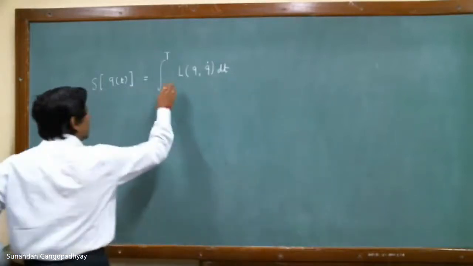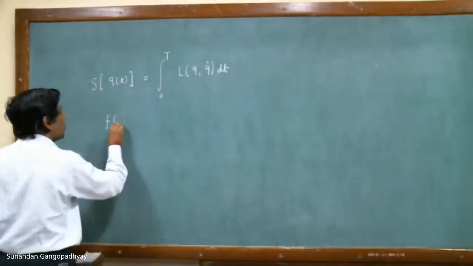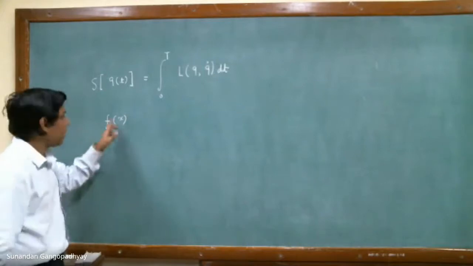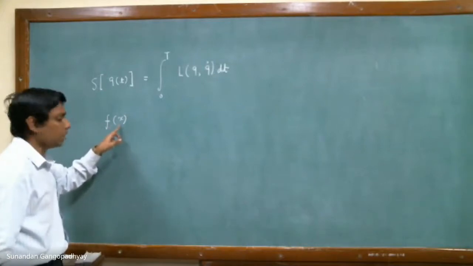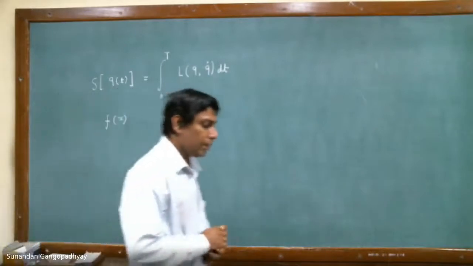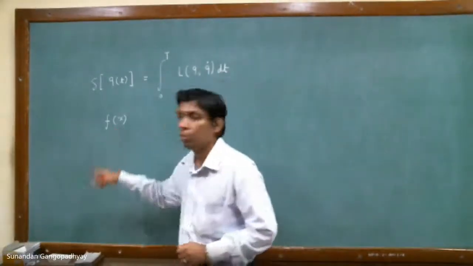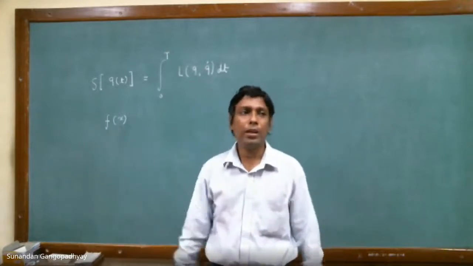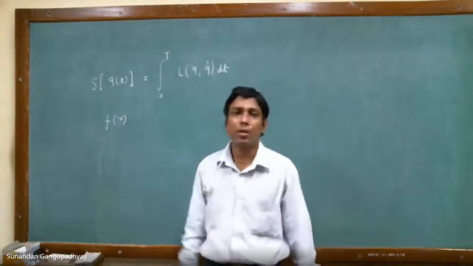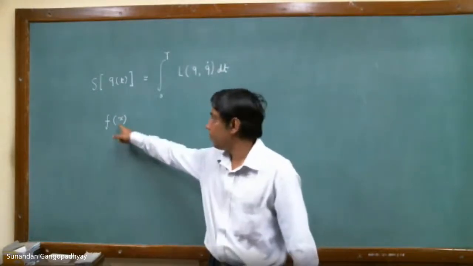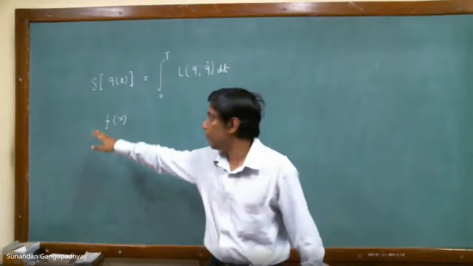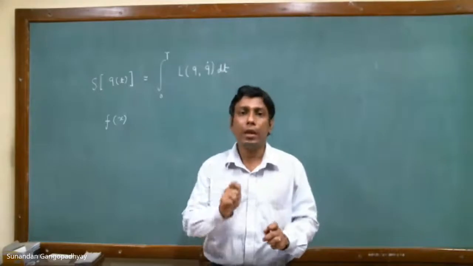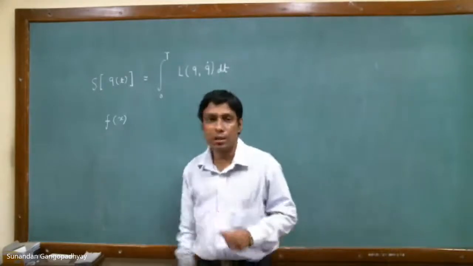So let us understand what really a functional is. Before doing that, let us understand what a function is. A function is, say, f of x. The function is f, and the argument that you have here is x. So a function is basically a map from a real number to some real number, where x belongs to the real numbers. It can also be a complex number, but let us restrict ourselves to real numbers. So a function basically gives you a real number from one real number.